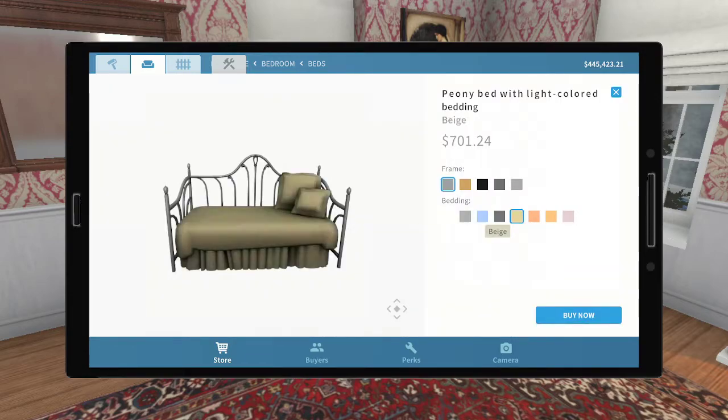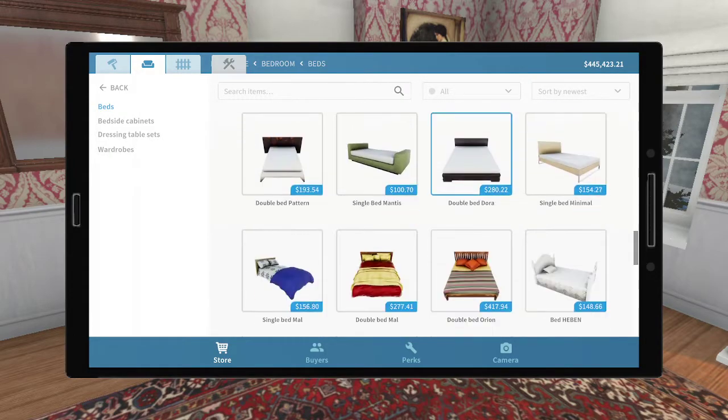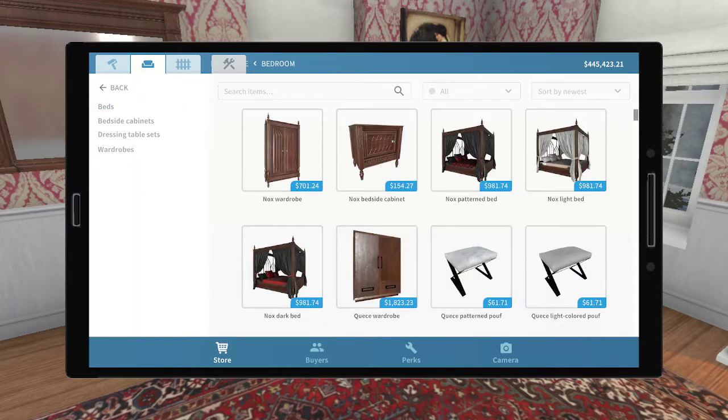I don't know. Beige, nope. Brown coffee, nope. Coffee, nope. Oh, they don't even have this in cream. White, I don't think white works. Pastel rose, not really. So, okay, let's go back to...